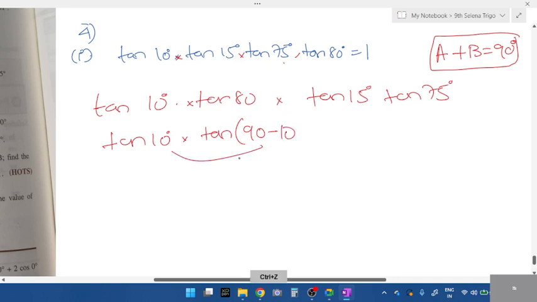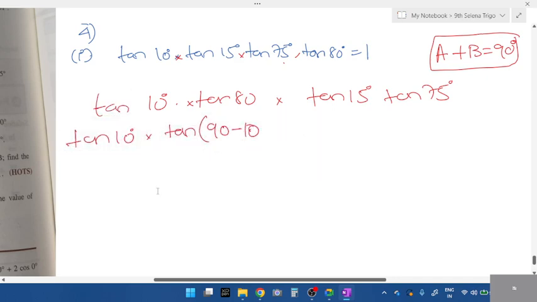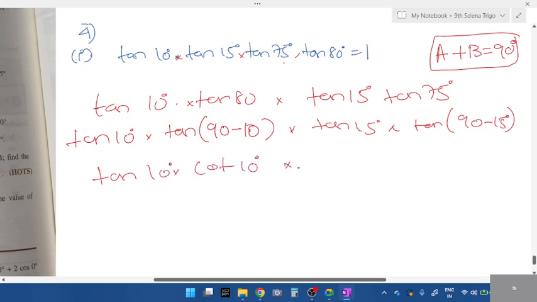Yeah, you can do the first method what I taught. You can convert into complementary and arrange them. If not in the beginning itself, you can arrange. The sum is 90. You can arrange in the beginning. Here, what do you get? Tan 15 into tan 90 minus 15. So let me keep tan 10 as it is. What is the complementary? Cot 10. Your tan 15 as it is into,